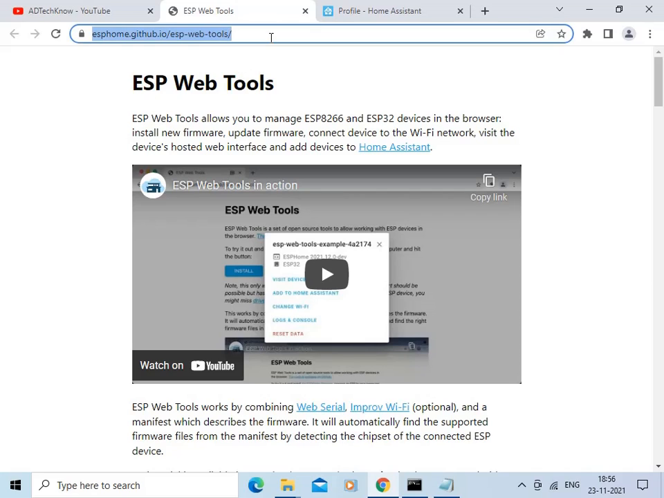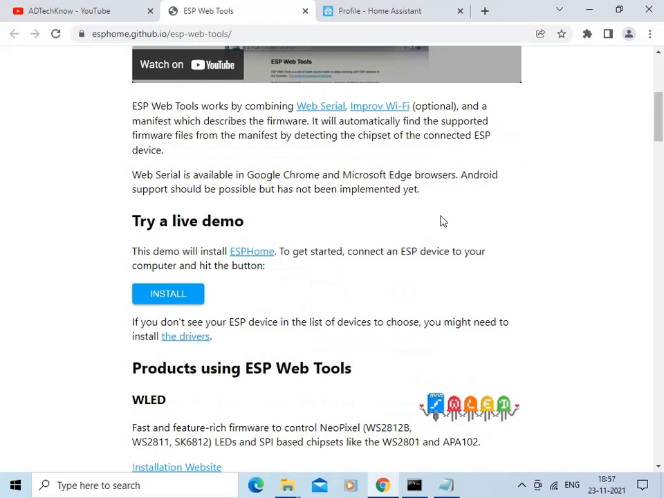This is the address for that GitHub page. I'm going to provide this address in the description. So you can go through the information given on this page. So we will come over here on trial live demo. For that purpose we need to connect our USB device with the computer. I have already connected my ESP32 development kit with the computer or laptop through the USB port,